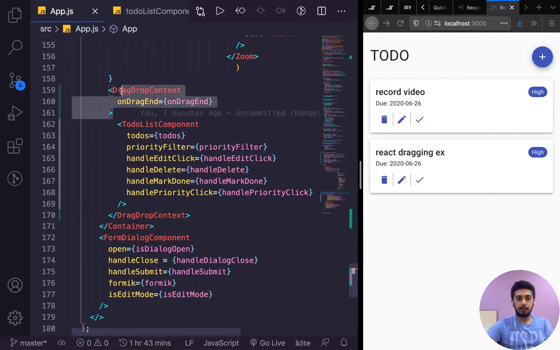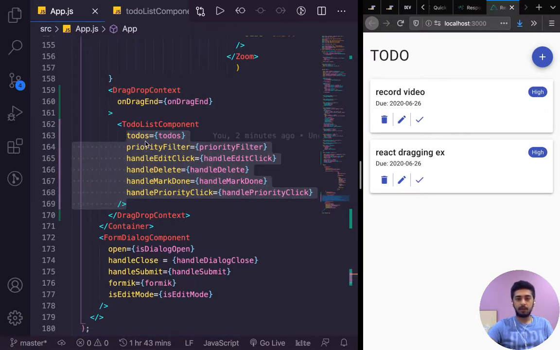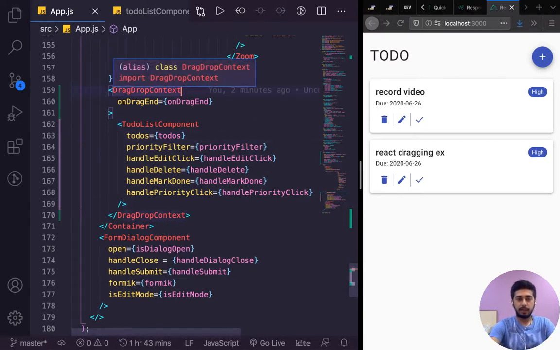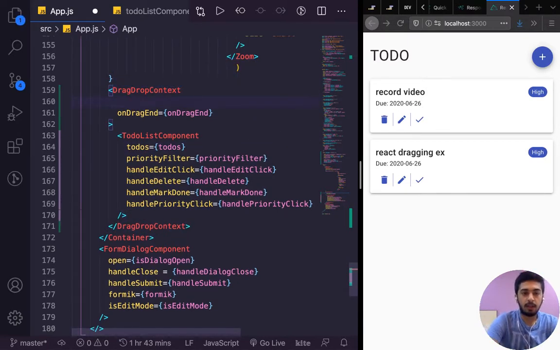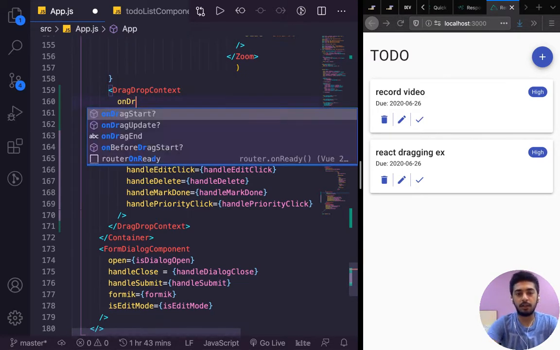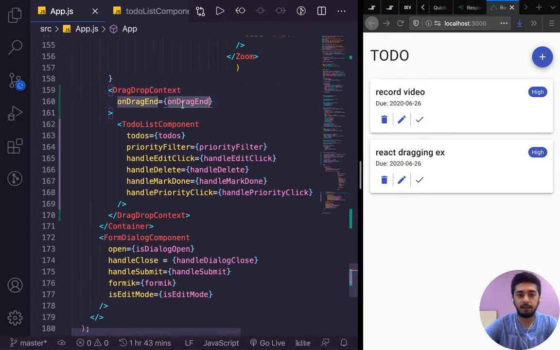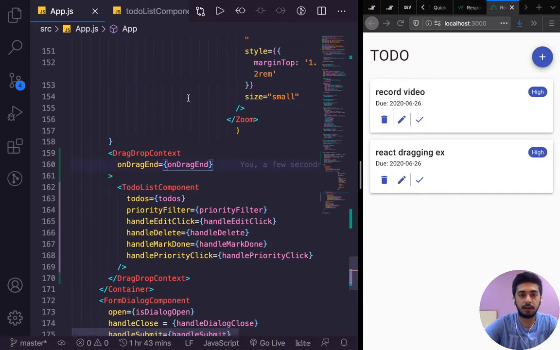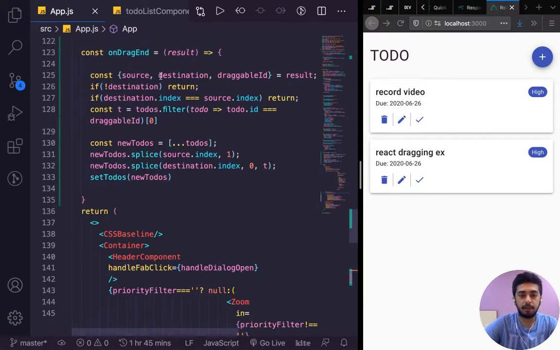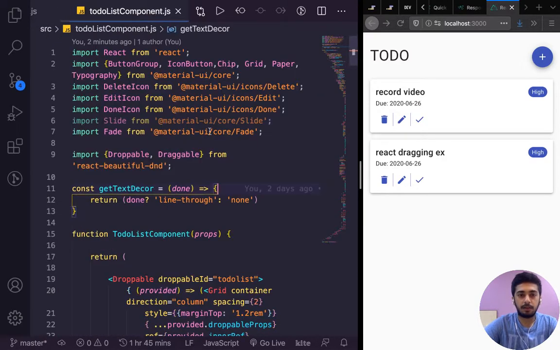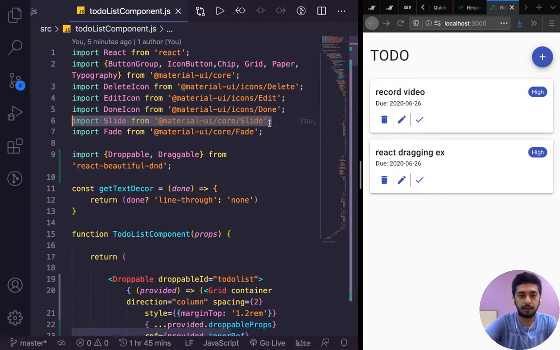So basically, drag drop context is wrapped around our whole to-do list component, because this is the area that we want to allow dragging in. And drag drop context can be given several functions as props or hooks, whatever. So it can also take in on drag start and on drag cancel also, I think. But the only one that you're required to pass to it is on drag end. Alright, so we passed it a function on drag end that we have implemented right over here. I'll get into this later on. First I have to explain this, and we can get rid of this.